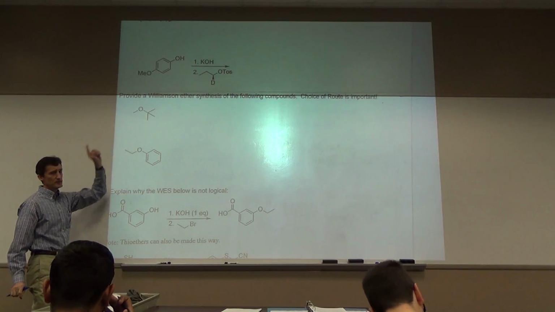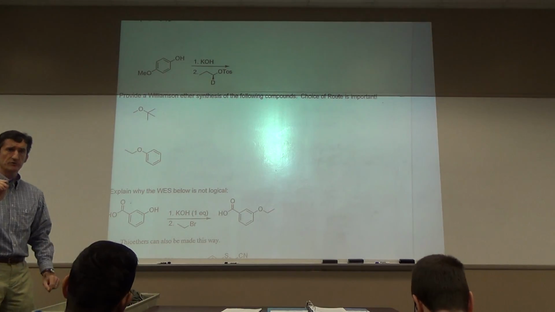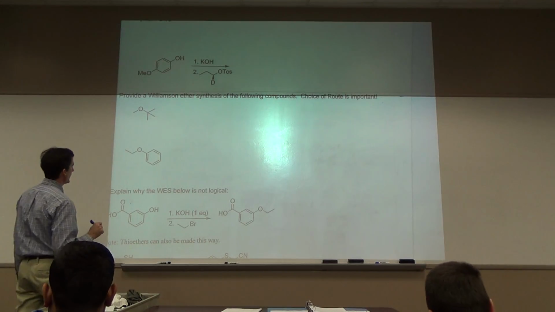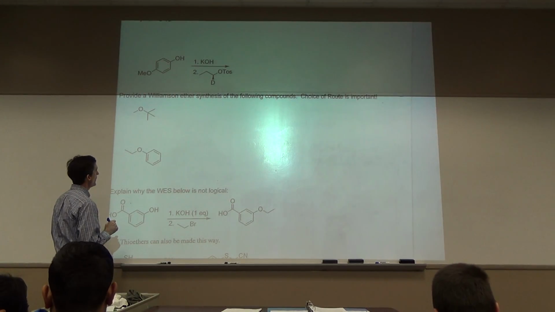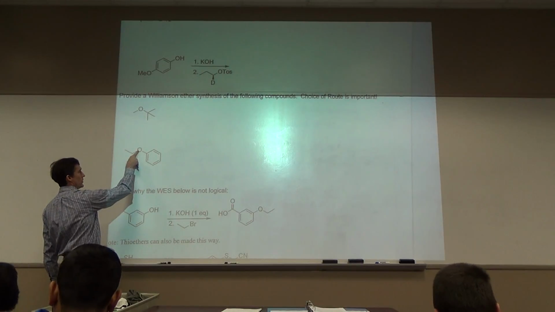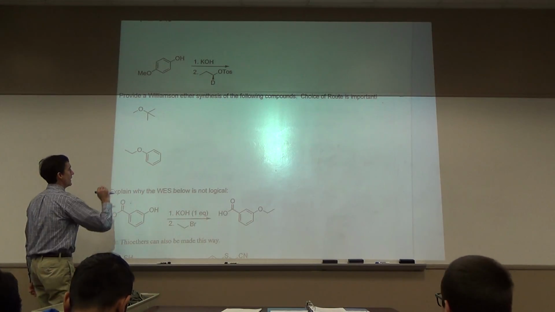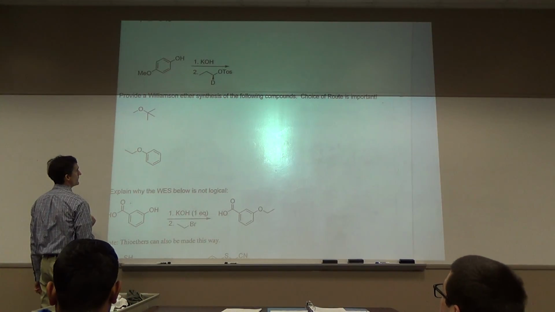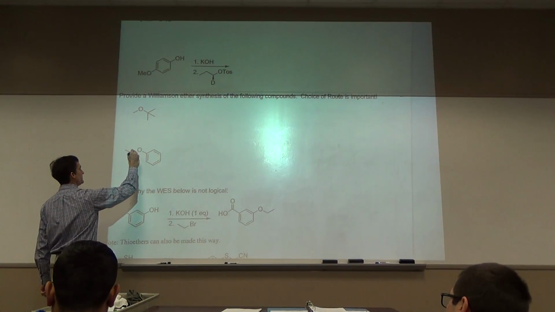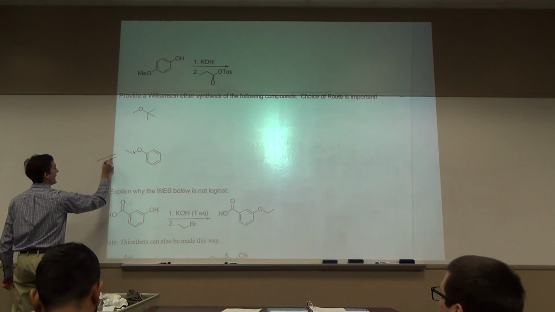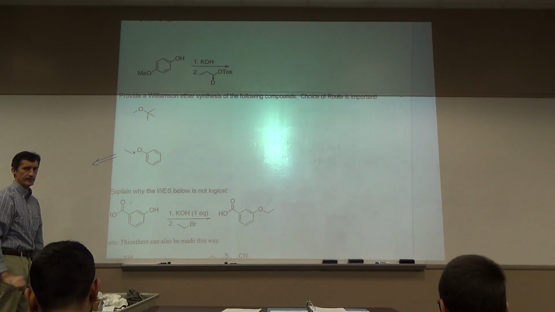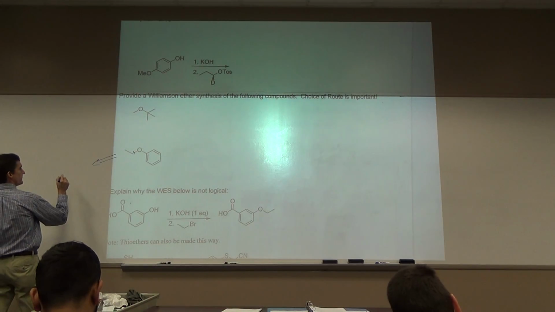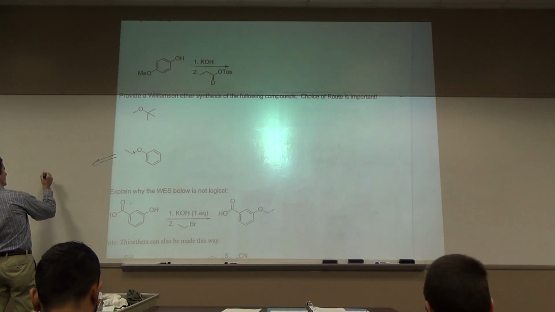Now, when I talked about synthesis last time, I didn't use a retrosynthetic arrow. I should have. Let's introduce that. You make ethers by forming the O–carbon bond. You can make it over here or over there. If we were to form this bond, we would go back. This is a retrosynthetic arrow, a double line arrow like this. I'm going backwards. I could go back to maybe something like